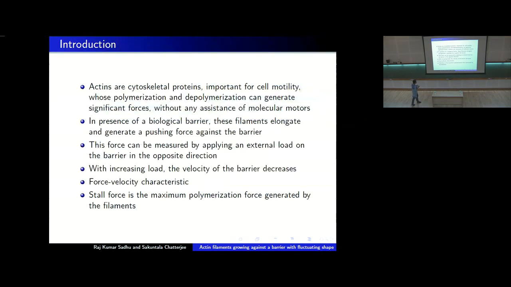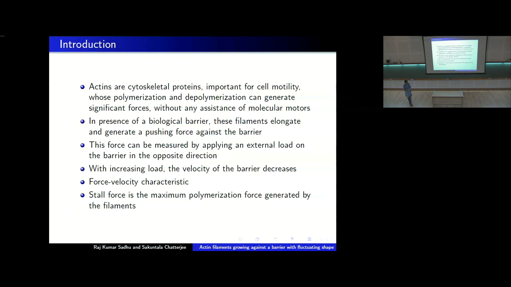Actins are cytoskeletal proteins which play an important role in cell motility. And these filaments have this special property that they can generate forces just using their polymerization and depolymerization dynamics without taking any help from molecular motors. When these actin filaments elongate, if they encounter a barrier in their path, then they generate a pushing force against that barrier. And this force is possible to measure in vitro by applying an external load on the barrier in